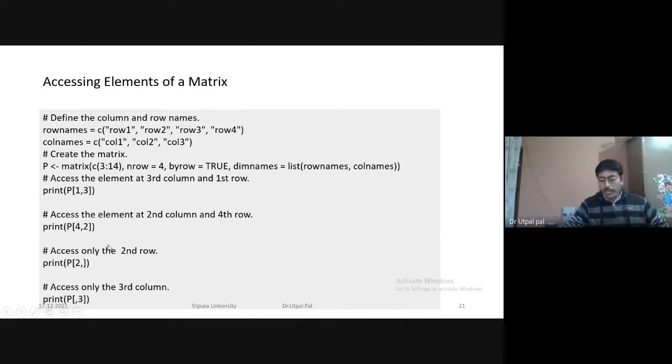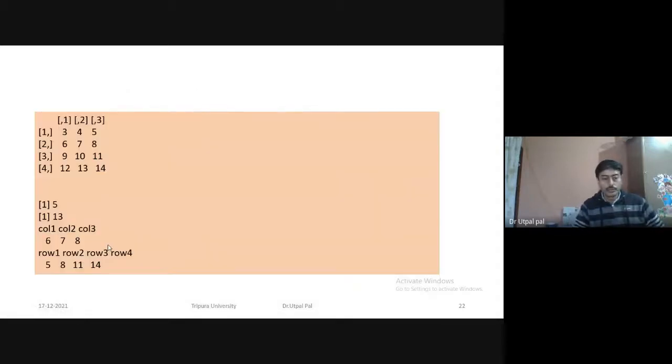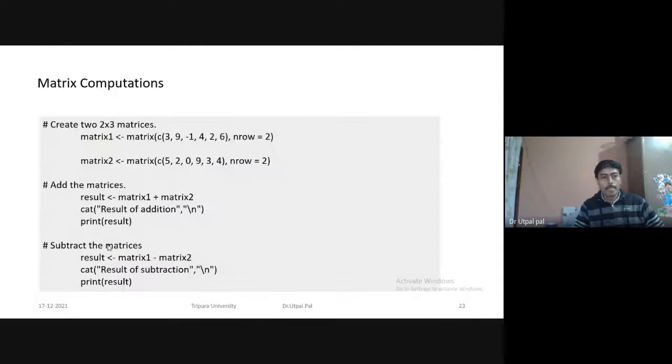Like that we can access different elements of the matrix. Here is the output. And for matrix computations, we can perform matrix multiplication, addition, subtraction, and these are the functions for this.